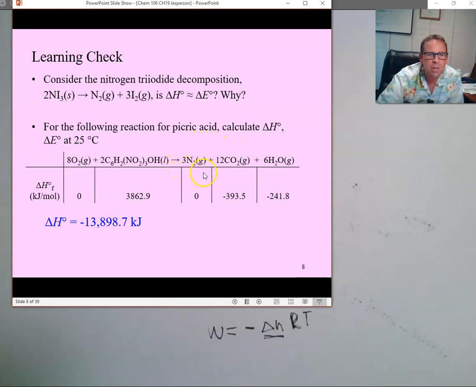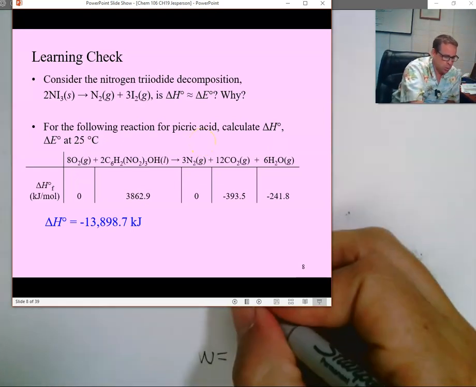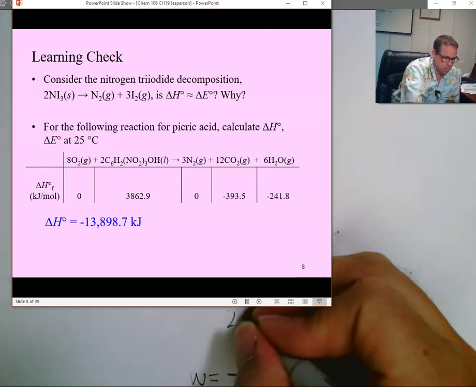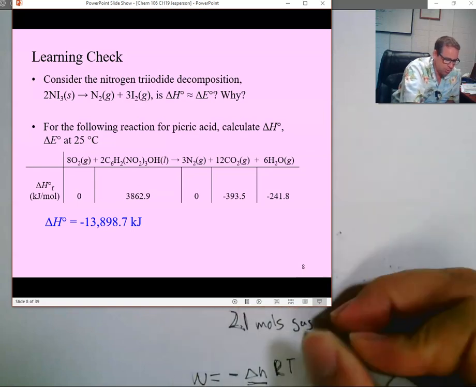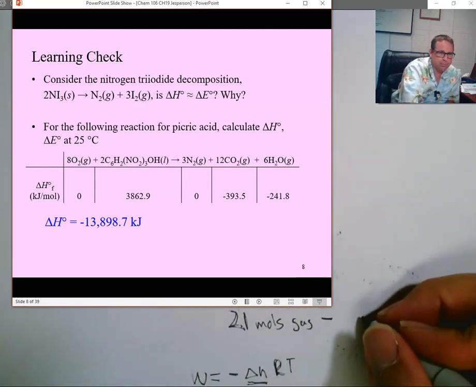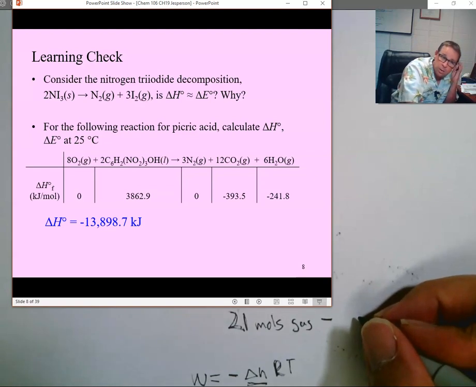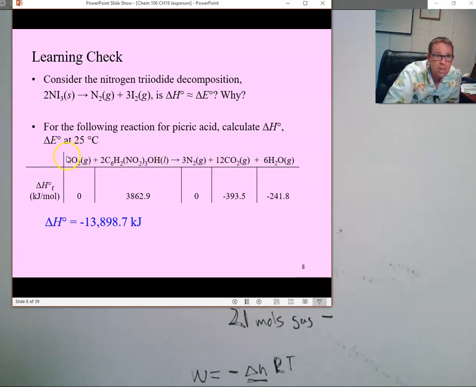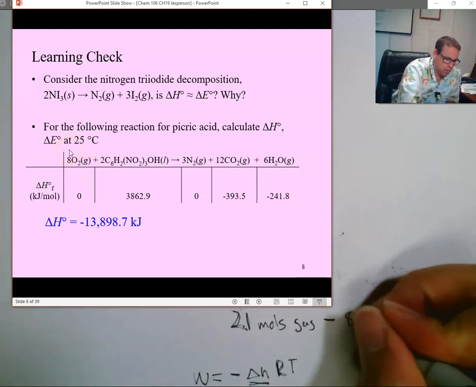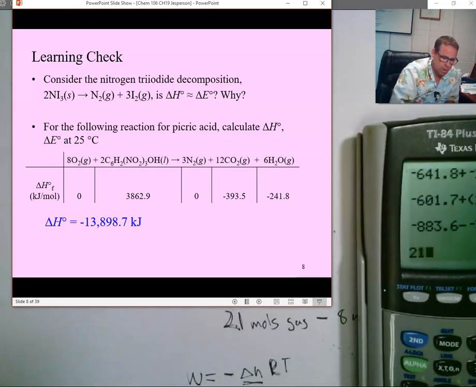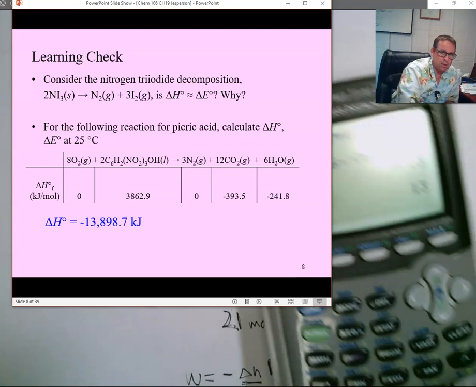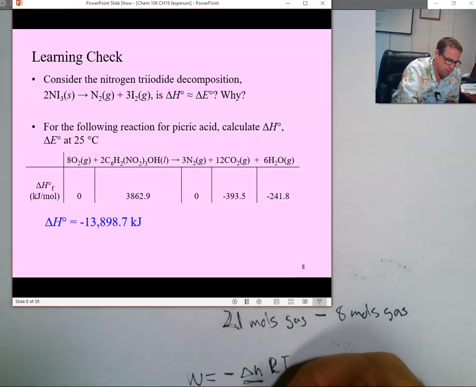How many moles in the gaseous form on our product side? 21. Okay, good. So we got 21 moles of gas on the product side, minus how many moles of gas on the reactant side? 10. Is this one gaseous? Well, it's just 8, right? Yeah. So it's 8. Sorry. That's fine. Moles of gas. So 21 minus 8, 13 moles of gas